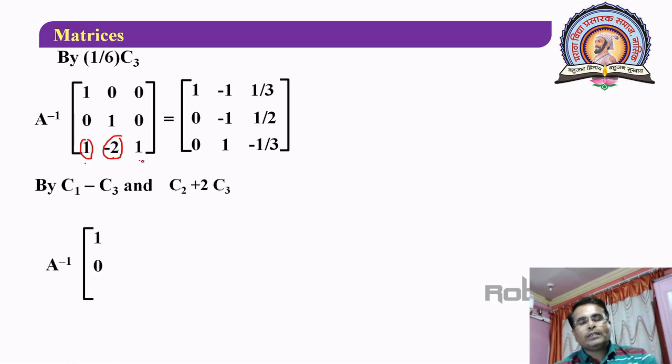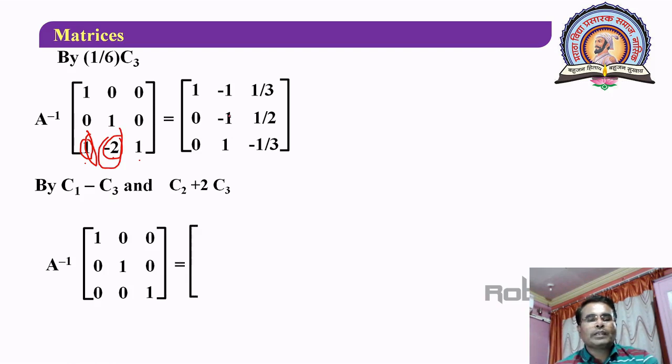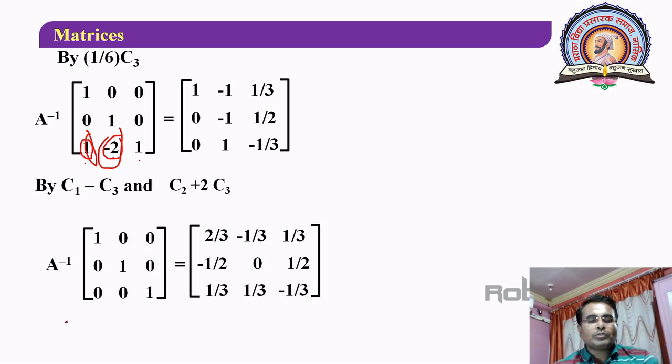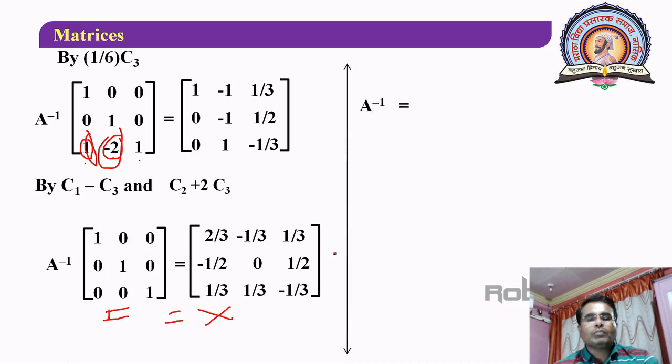Okay. So due to that you will get the matrix of this type. Here 1, 0 and this becomes 0. This becomes 0 now. Then 0, 1, this becomes 0 and 0, 0, 1. And the same transformations on the right hand side will give you the elements 2 by 3, minus 1 by 2, 1 by 3, minus 1 by 3, 0, 1 by 3, and 1 by 3, 1 by 2, minus 1 by 3. Now you will observe that this is of the type I, A inverse into I is equal to X. So this X on the right hand side is nothing but your required A inverse. So you have got A inverse as this matrix.